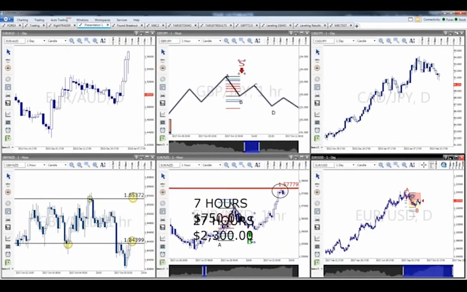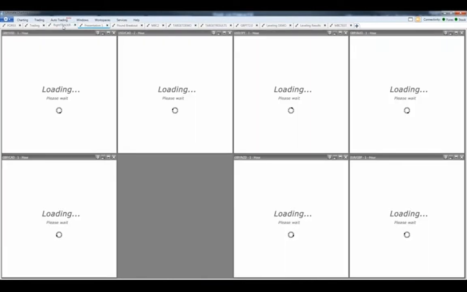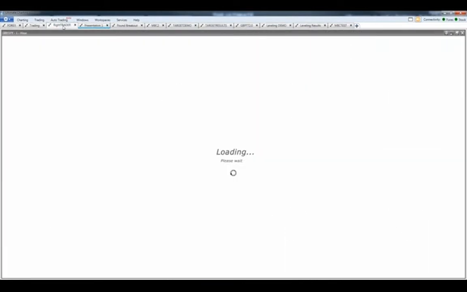Now, what we've done as an organization, though, we wanted to simplify this even more for our new students. So we've created an indicator, a tool, that takes that very sophisticated information that I just showed you, okay, and makes it into a much easier system to follow. It's kind of like an earn while you learn opportunity, okay? So what I'm going to do is I'm going to bring up a different currency pair on one of my different indicators. Wait for this to pop up.